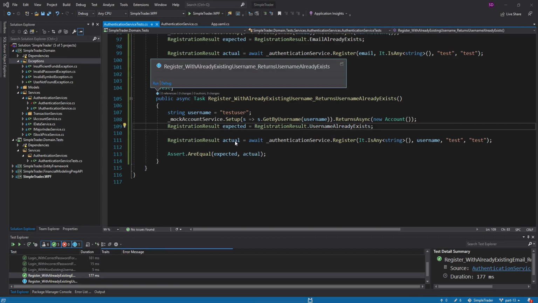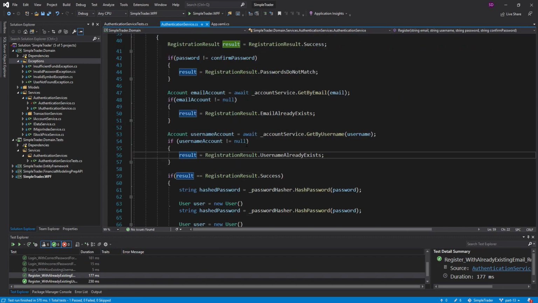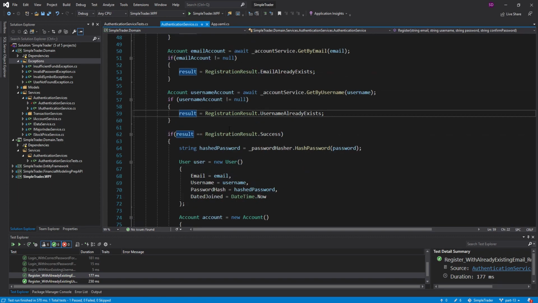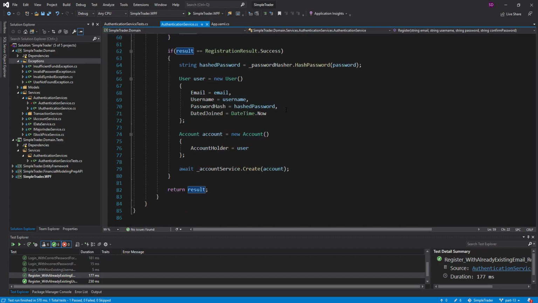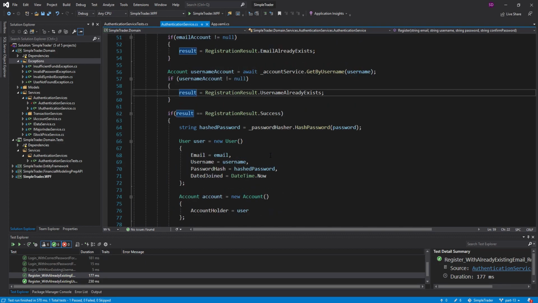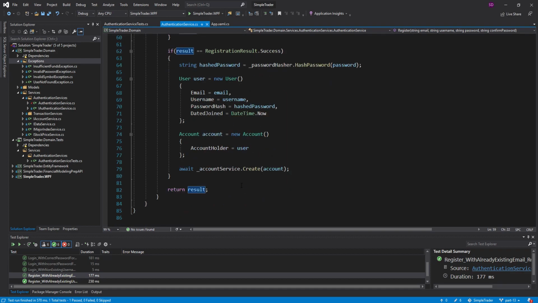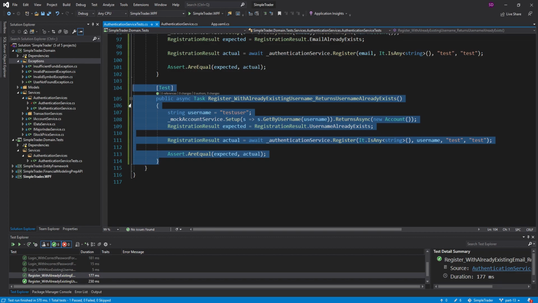So now let's run this test. And there we go, that test passes. So what is next? So we've done all of our validation, and now the result is going to be success. So now we pretty much just need to do the mighty test where we get the success result. So let's copy this